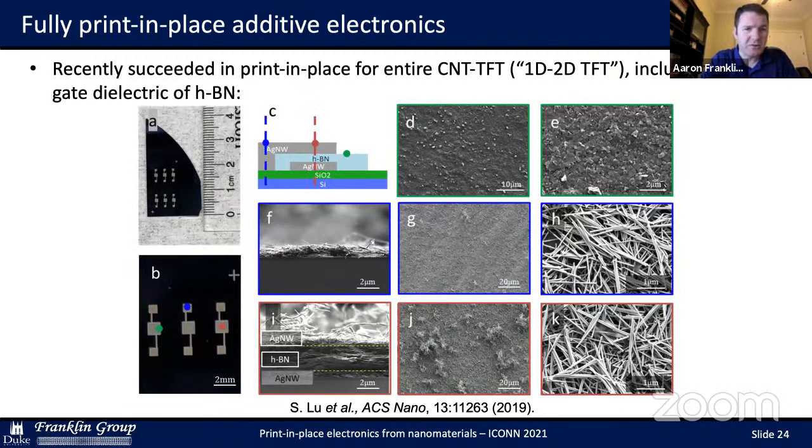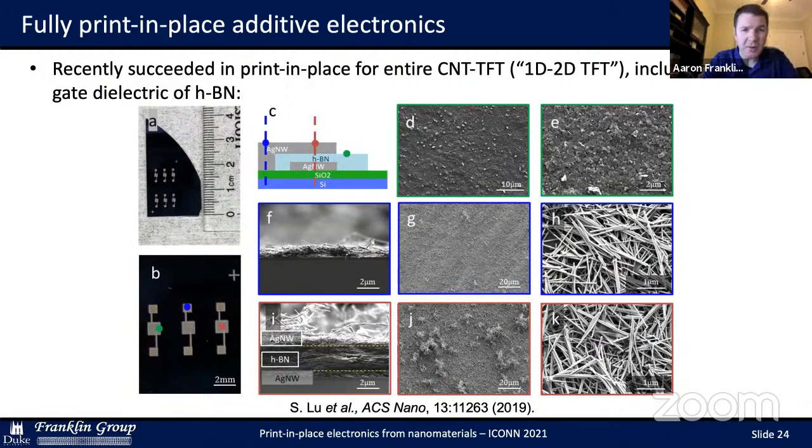This shows you some characterization of the films. They are relatively thick films. Except for the nanotubes, which remain only a few nanometers in thickness, the rest of the films are on the order of microns in thickness. So this is not a device that is nanoscale by any means, even though it's built from nanoscale constituents.